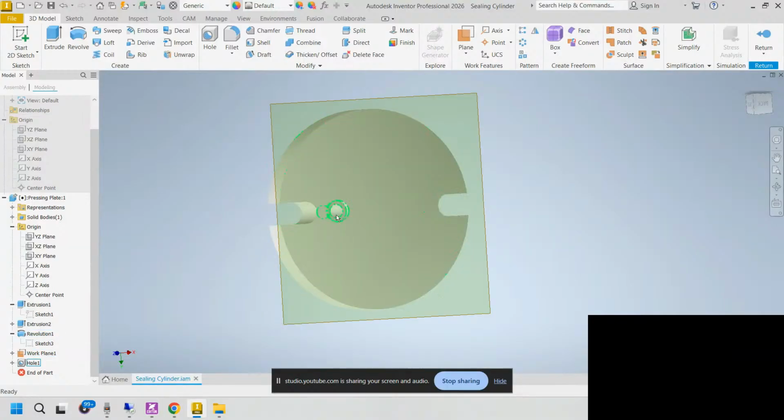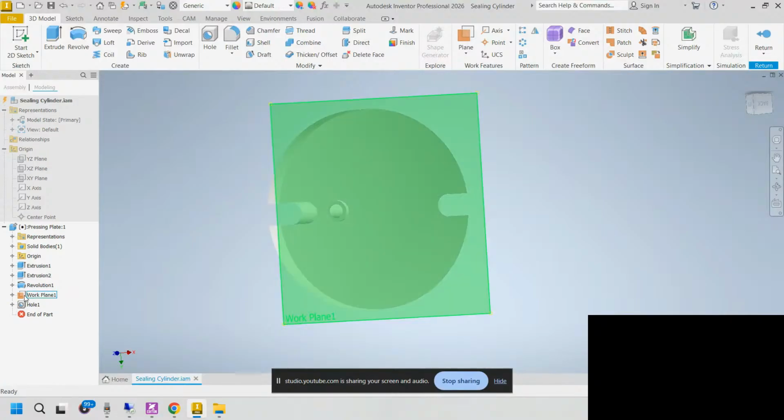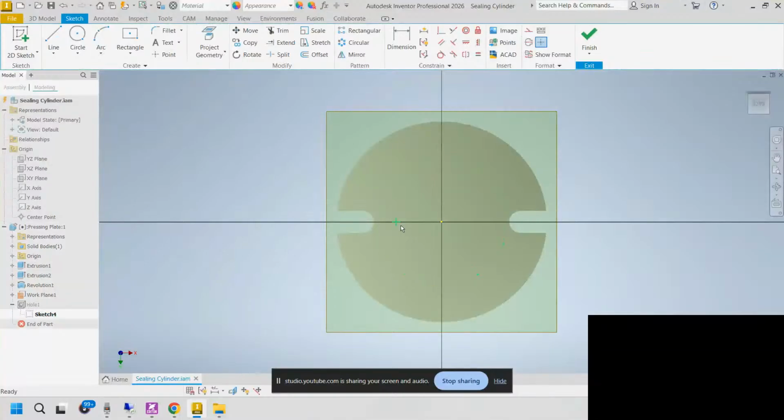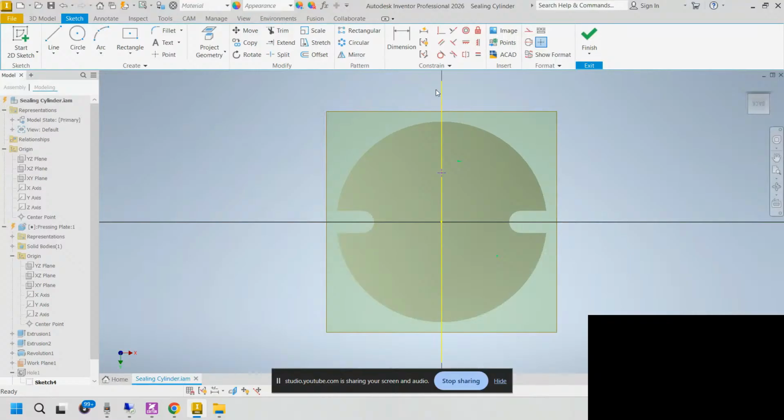I have to choose edit my point. Okay, I have my point on display. I put my point on the Y axis. Okay, let's put it on Y axis. Okay, make it construction, and I want to pattern this